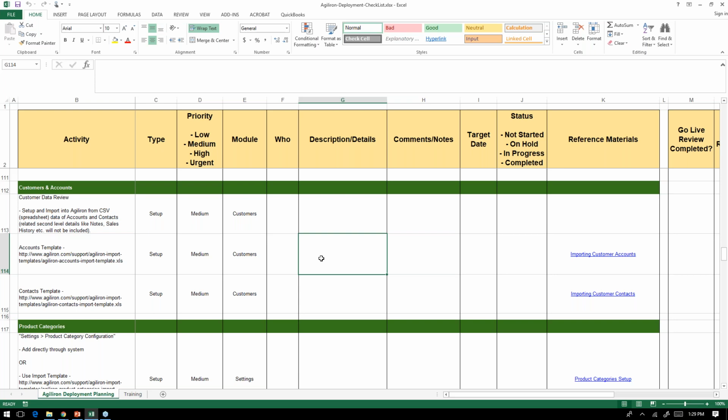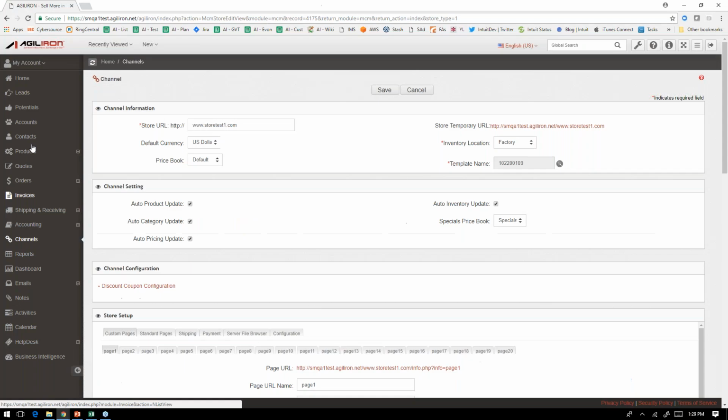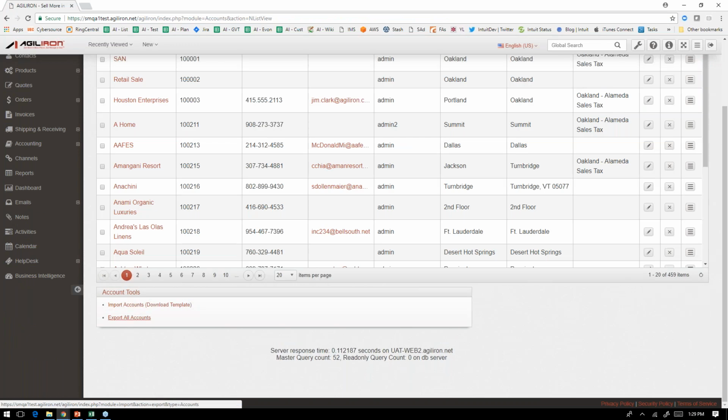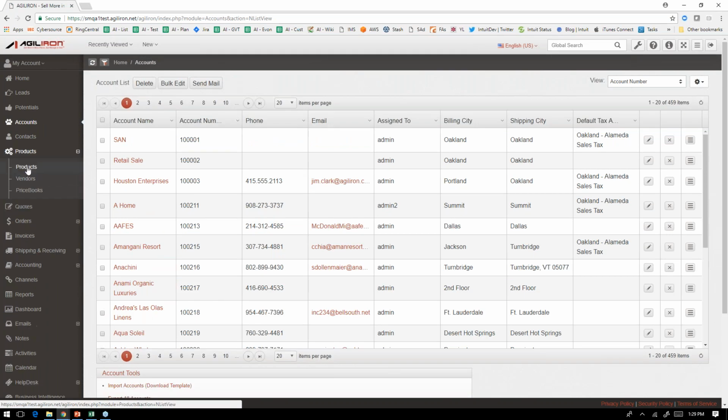So if you come bringing these from QuickBooks, or if they're bringing this from somewhere else, then we have spreadsheet imports for all of these, right? And when it comes to the imports, if you go to any module in the system, there are these tools at the bottom for import and export, and right next to the import there is a template, right? And so whether it's accounts or whether if I go to products,